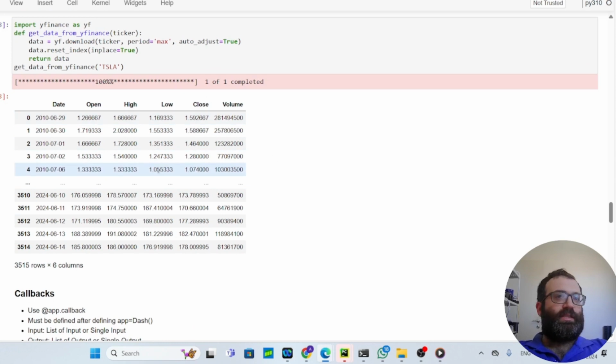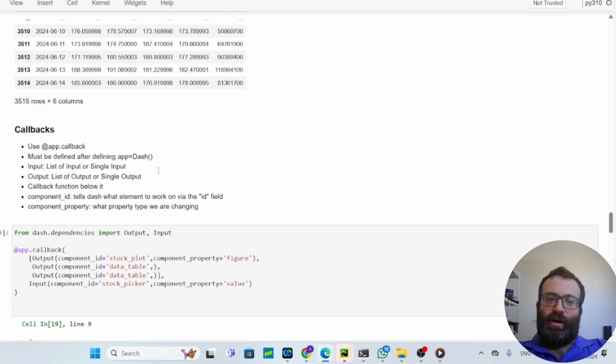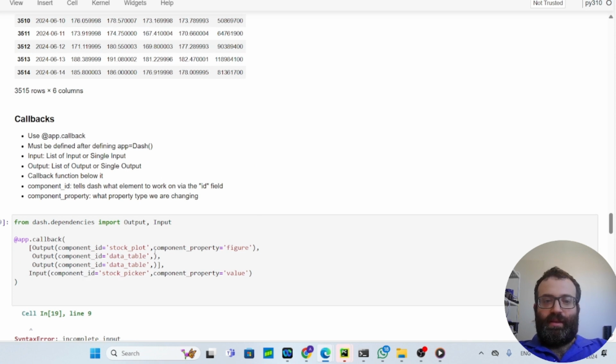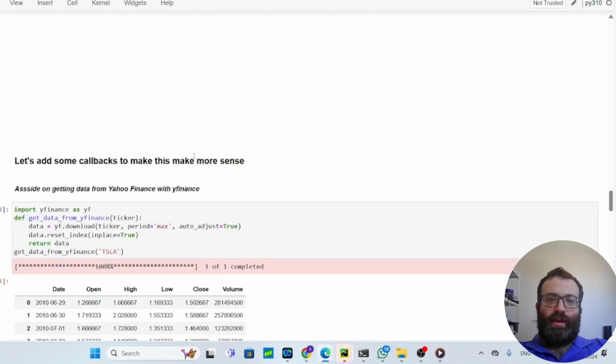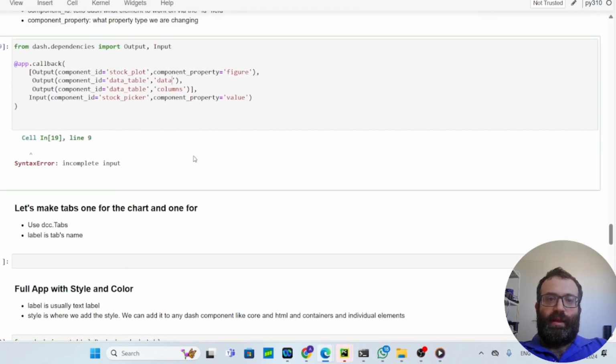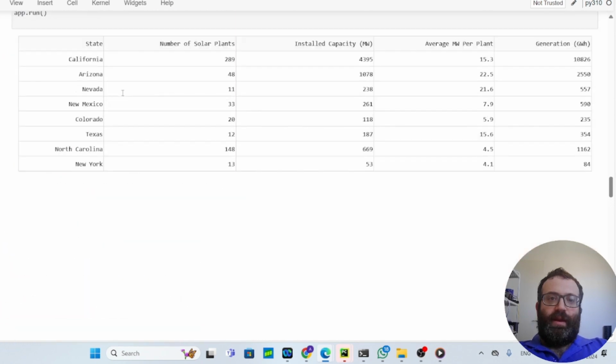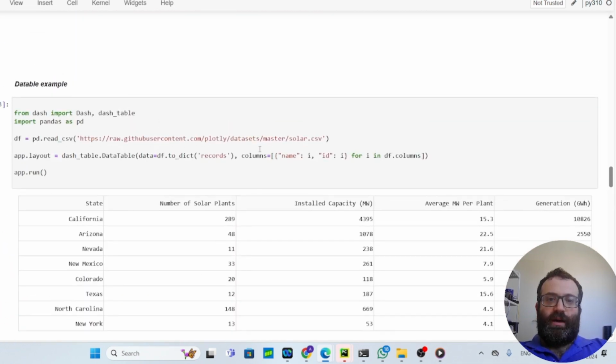Let's say some stocks have a weird additional column. Anyways, that might be a reason. But this will change the columns part, and this is going to change the data part. Okay, so remember, data table is the ID, and data and columns are these